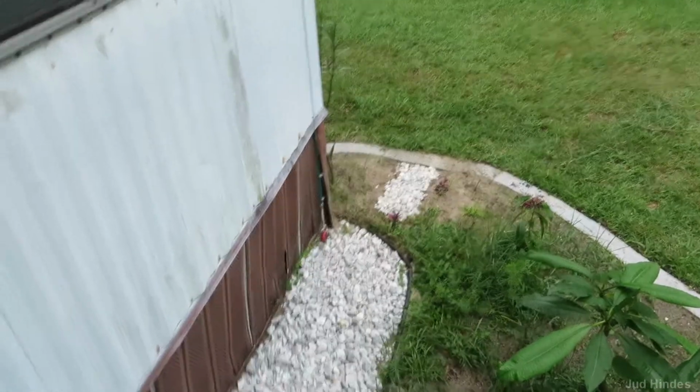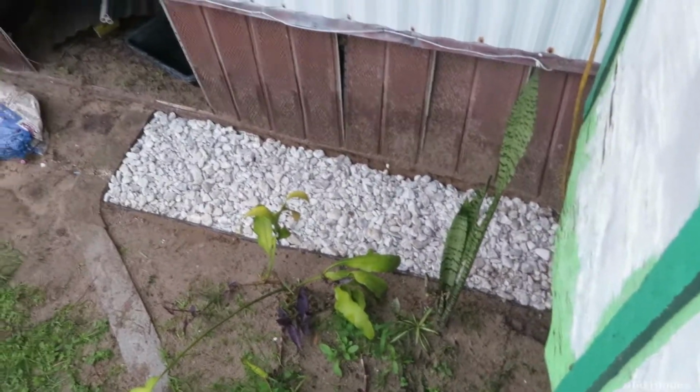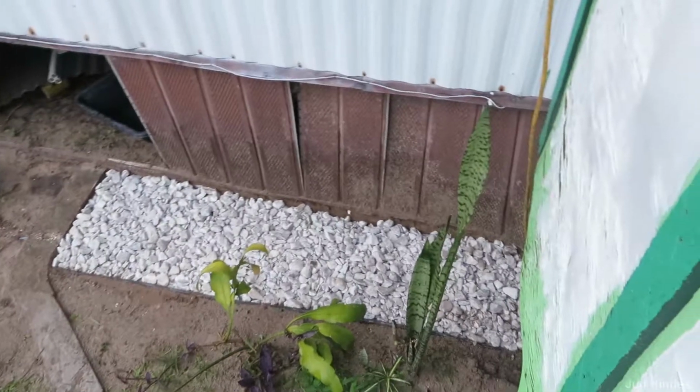Hi, Judd here. A little bit of work on the garden today, squeezed in between the rains and the chiropractor and various other things. I added some more stone out there and finished off this side to under the porch. And I did this side, cleaned up the material from the repair the other day and added the white stone